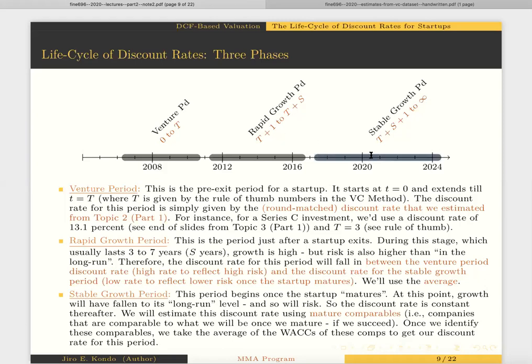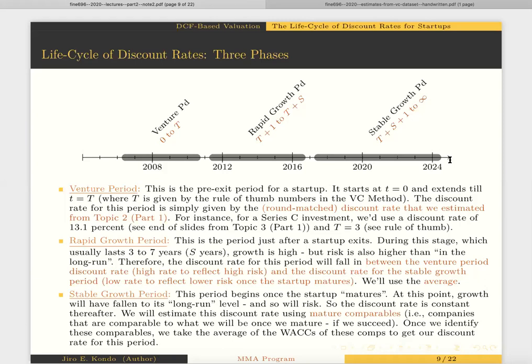So to get the discount rate during the stable growth phase, we can just do what we did in the first part of this lecture, right? For instance, how for Barton Mogul we got a discount rate for Amazon and Barnes and Noble, what we would do here is we would find stable comparables for our company. What I mean by a stable comparable is we would look at what industry our startup is in. Let's look at publicly traded companies in the industry that our startup is in, and either take the average weighted average cost of capital of all companies in that industry,